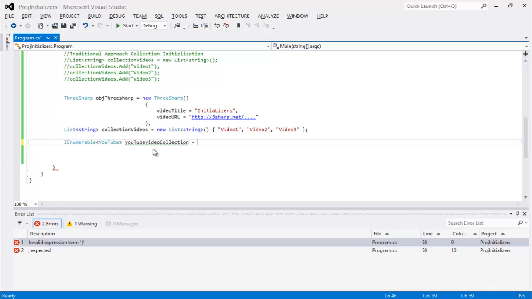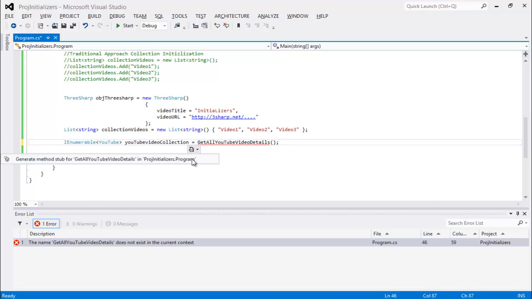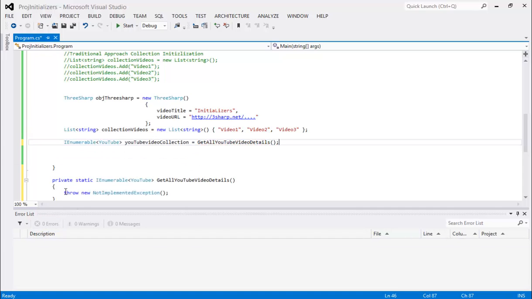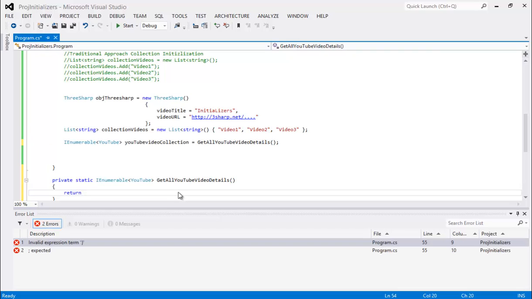Let's say GetYouTubeVideoResults. Right now we don't have this method, but not a problem. Visual Studio is going to create it for us. Generate. Fantastic. So I'm going to return a new